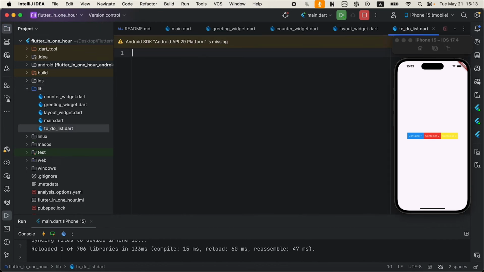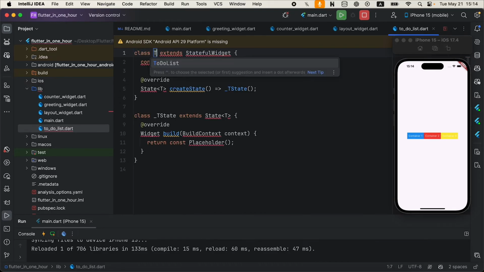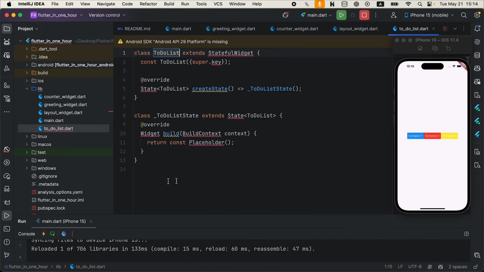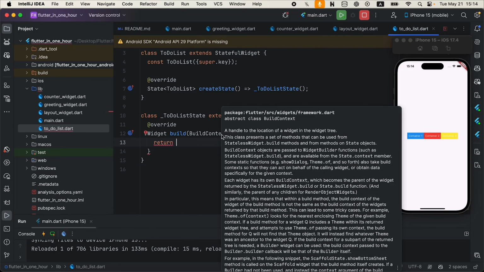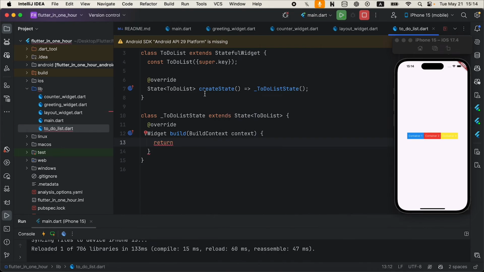Our app's layout will be straightforward. We will need a text field for the input and a button to add the task to the list below that will display the list of tasks. Well, let's first create the stateful widget, and I will call it to-do list. Okay, let me import the material library. Now we have a stateful widget,